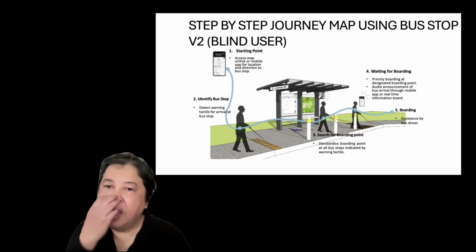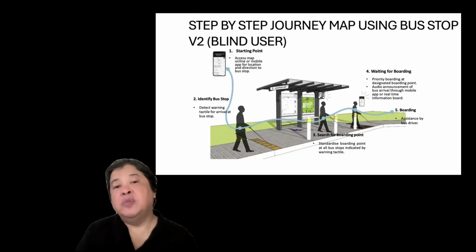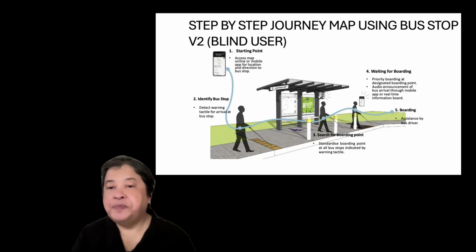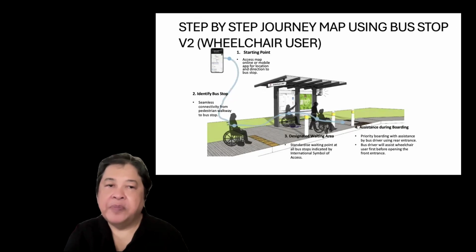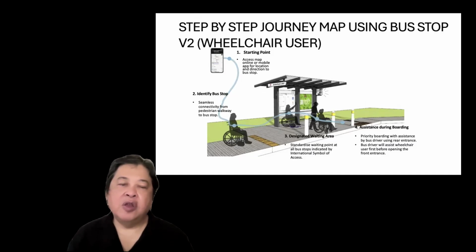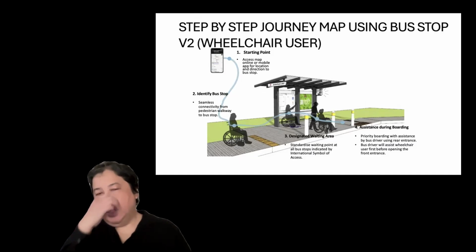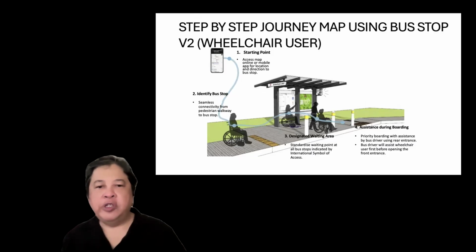So waiting for the boarding, you will have priority boarding at the designated boarding point, an audio announcement of bus arrival through mobile app or real-time information board from the bus stop itself. So then you board with the assistance of the bus driver. For the wheelchair user, the step-by-step journey map is similar with using your mobile phone, or if you're sighted, you can see the bus stop obviously and identify it, and you wait at the designated parking area for your wheelchair. If you're not using a wheelchair, you can sit at a bench,